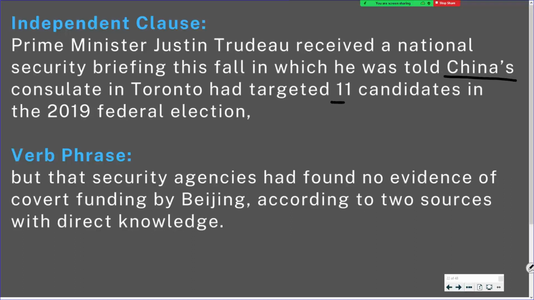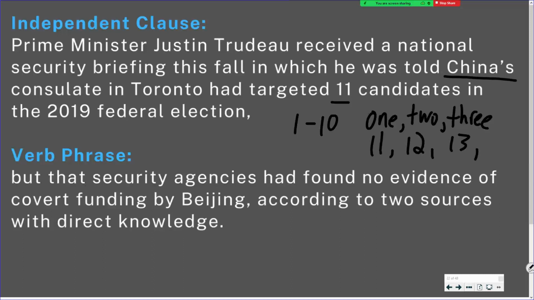Now here's one to have a look at, right? The numbers 1 through 10, you typically spell out, okay? 1, 2, 3, up to 10. If something is larger than 10, that's when you start putting the number, right? So that's typically how you do that when you're writing. You spell out 1, 2, 3, 4, 5, 6, 7, 8, 9, 10, and then numbers 11 and higher, you write them out as numerals.